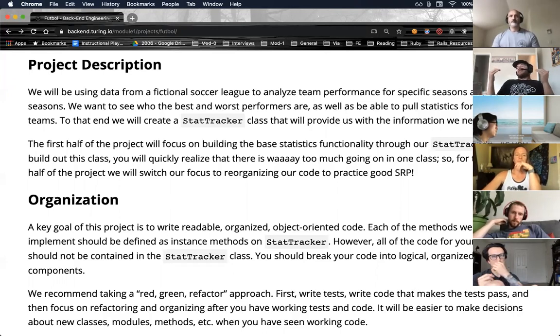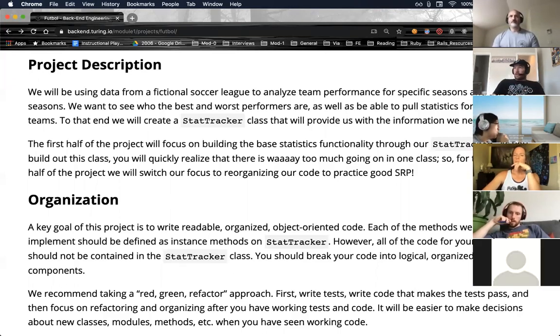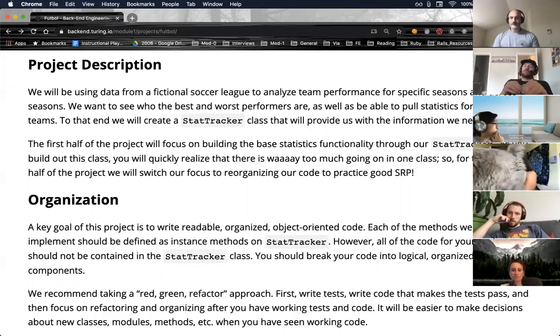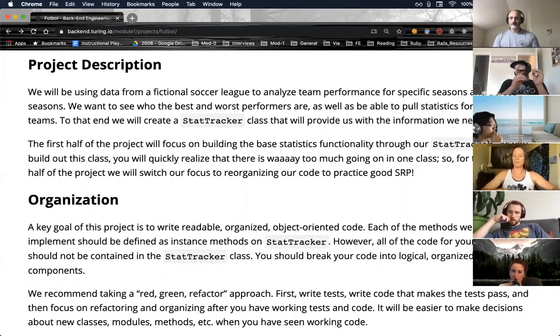But there is some dedicated design refactoring time for you all to think about what you've done thus far, where you can dry things up, where things can be more SRP, where you can create some objects that can have some very specific use cases or specific responsibilities in this project.